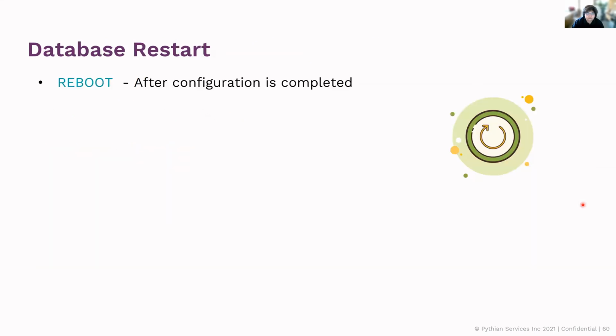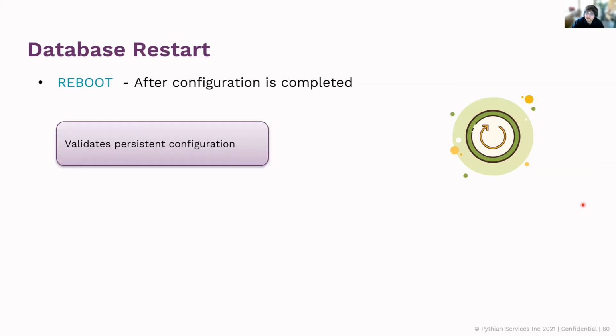Again, after it is done, do not forget to reboot your server. One of the best things that a reboot does is it verifies your persistent configuration. For example, if you've modified your MTU, you want to make sure that it's there in every file in your network configuration so that your configuration is persistent. So as a best practice, restart your instance.